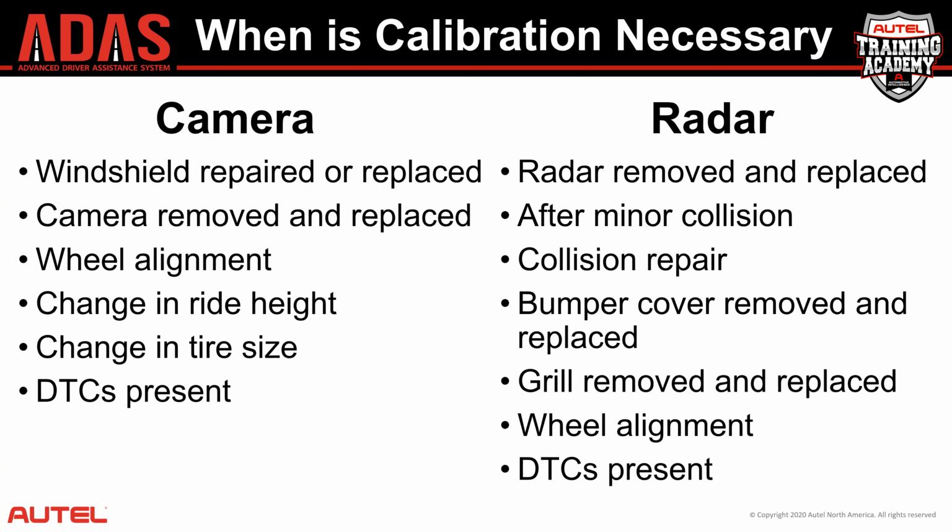Now, the next ones are where a lot of shops weren't aware that these services directly impact the accuracy of ADAS systems. One is wheel alignment. We're going to get into wheel alignment in just a little bit, but a wheel alignment changes where the vehicle is pointing and where it's driving, which will directly change where the camera is looking. So changing front toe, changing rear toe, anything that you adjust with rear thrust angle would require an alignment. On most vehicles, any change in ride height, you have tires that are slightly larger than OE,